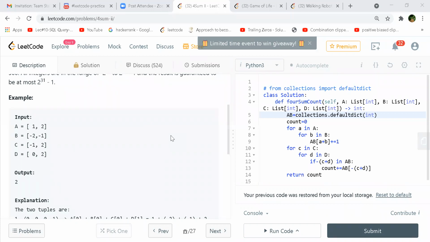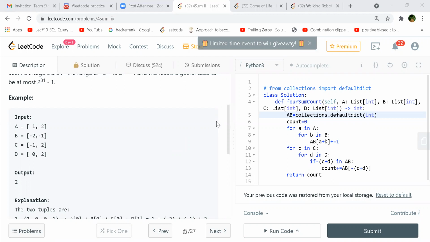Store those tuples in a list, and that would be one step ahead of this problem, returning the exact tuples. Yeah, that can be stored in the map, something like that, and then you can return the values. That should also be possible.